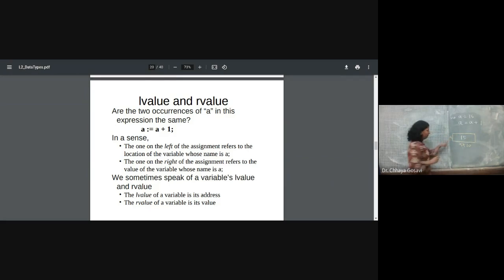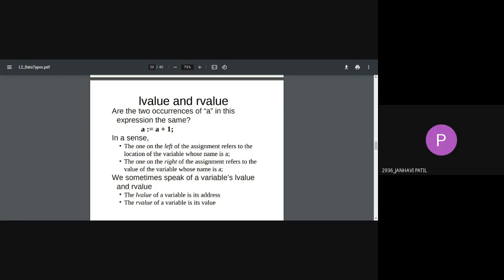This is the name of variable a, it's a location, and it is the value. So now in this expression a is equal to a plus 1, tell me what is the difference between this a and this a. This is the assignment operator. On the right hand side of a, on the left hand side of a. Is it the same? No, ma'am.